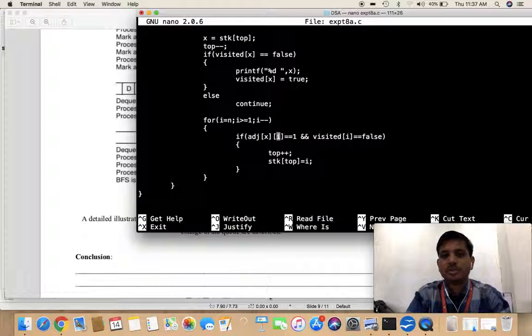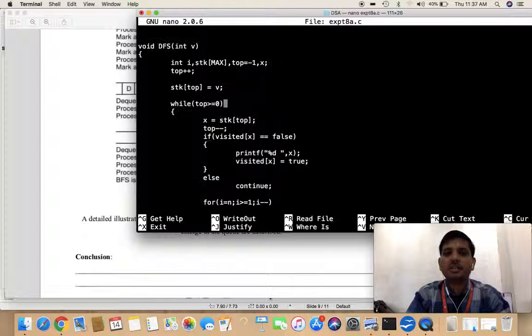for the neighbor vertices of that particular vertex, we are checking whether any unvisited nodes or unvisited vertices are available or not. So if adjacency of x of i is equal to 1, that is if it is a neighbor, and visited of i is equal to false, so it is non-visited. If both conditions are true, then only the element is pushed into the stack. So similarly, the same process is repeated until your stack becomes empty,